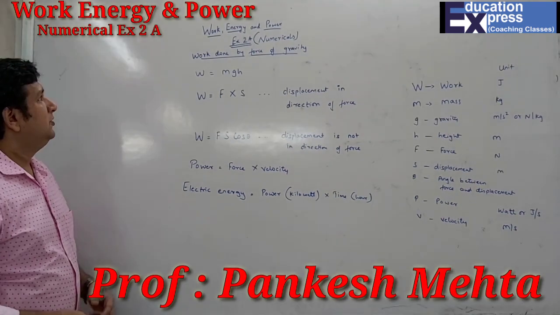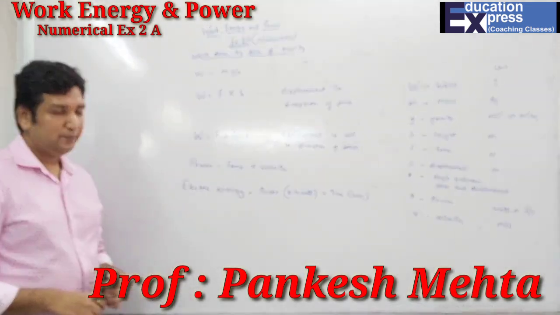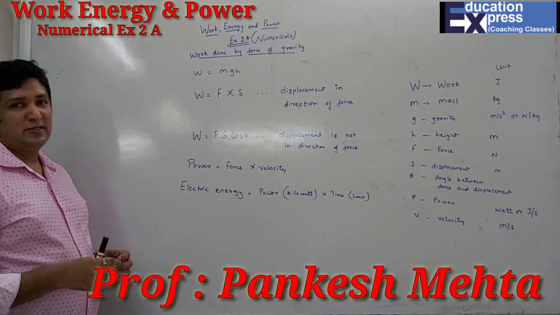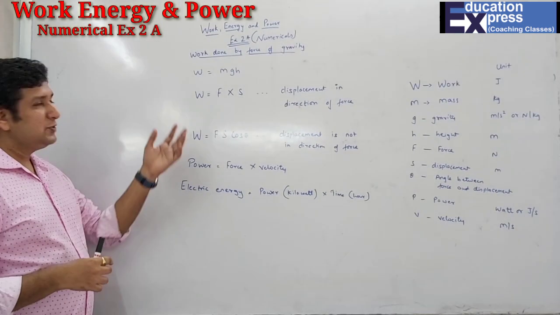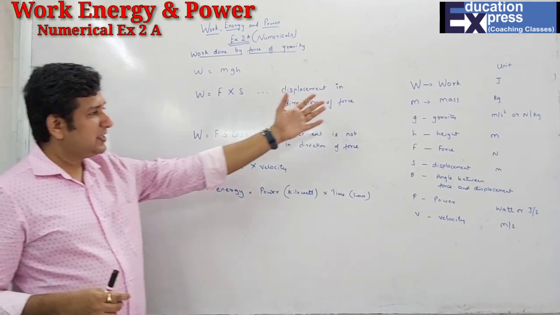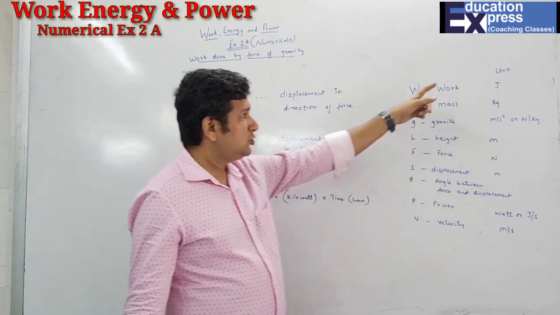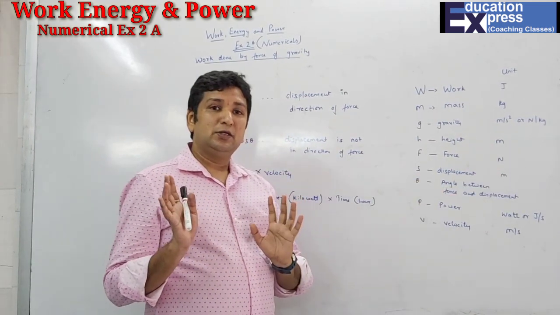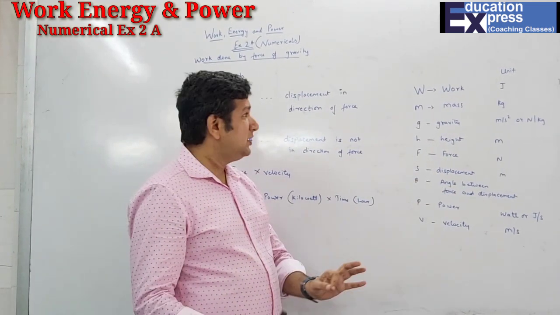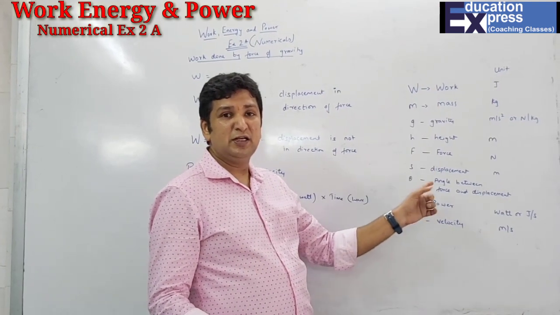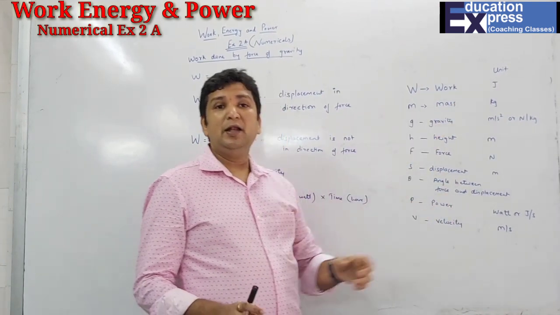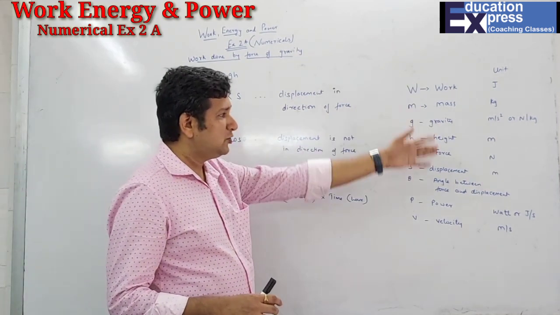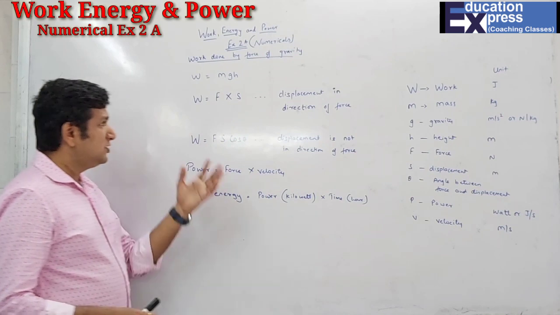Now we're starting with the exercise 2A numericals. You can see on the board I have written each and every formula relative to exercise 2A. We'll discuss one by one, and I have also given the SI unit. Every physical quantity has to be as per the SI unit. If it's not, you have to convert. Compulsorily, each and every physical quantity has to be in an SI unit. So over here I have mentioned all the SI units. We'll discuss that also. First, let's start with the formula.